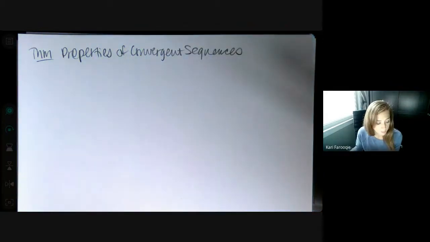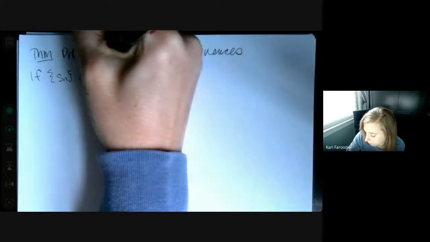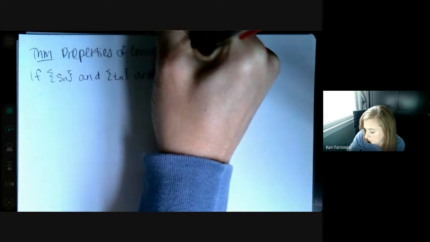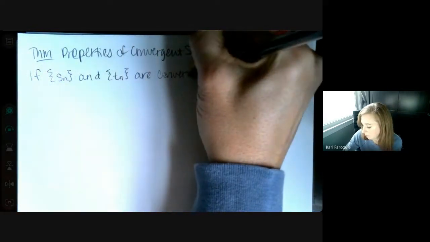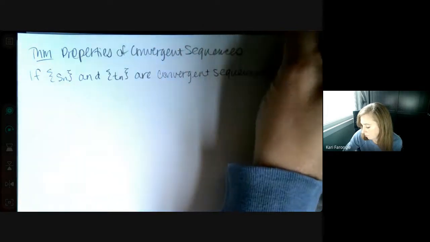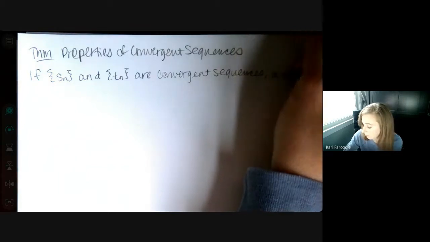All right, so if you have two sequences, S sub n and T sub n, and they are convergent, and if C is a number,